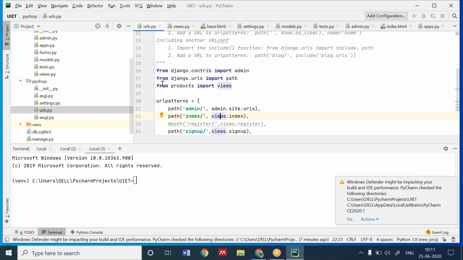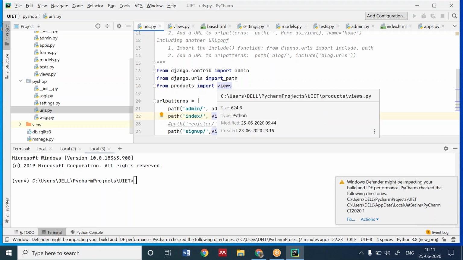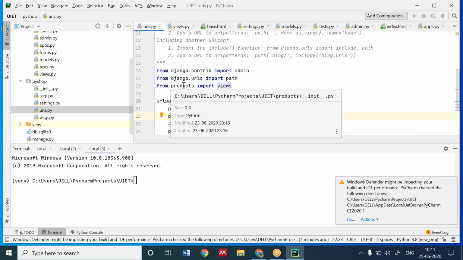You can see there is a red line under views. It's because you have not imported the views from the project name. Okay, Bhavya? Correct your code and try it. It will run perfectly. Hope it's fine.